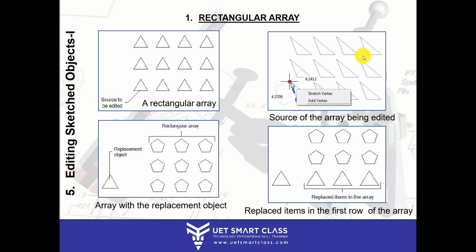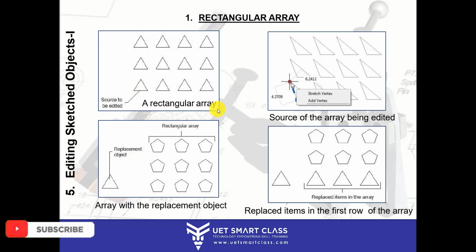So if we have drawn, like here we have 3 rows and 4 columns, so we have almost 12 objects. If it is non-associative, these 12 objects would be different. But through associative, you can edit the source object, and the changes will be applied in all of them. For example, if I want to add another triangle within this triangle, or if I have a rectangle, I want to add a circle in between, every rectangle will have that circle. I'll show you in CAD, don't worry.